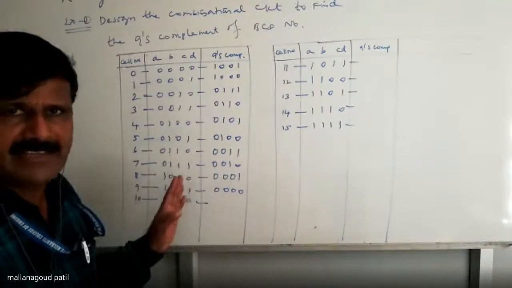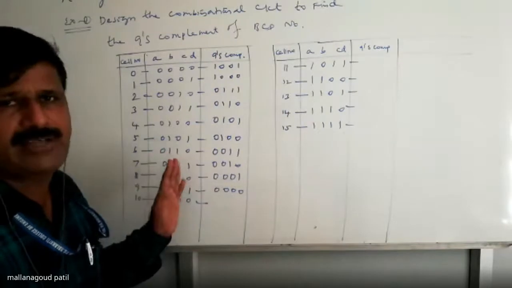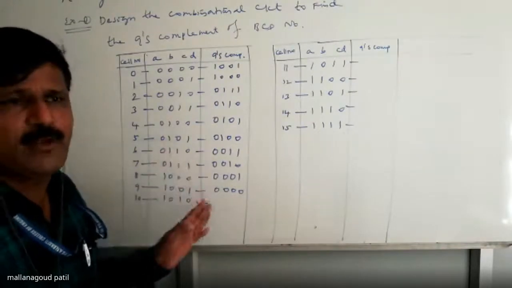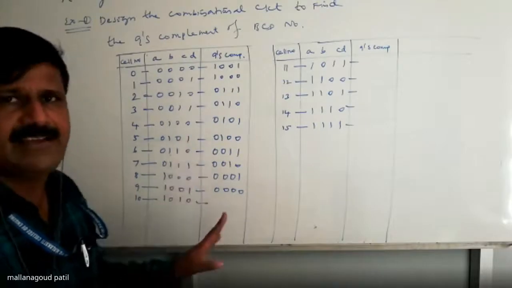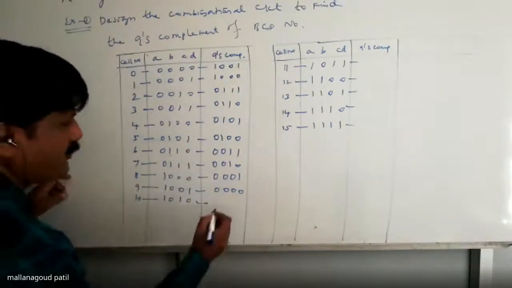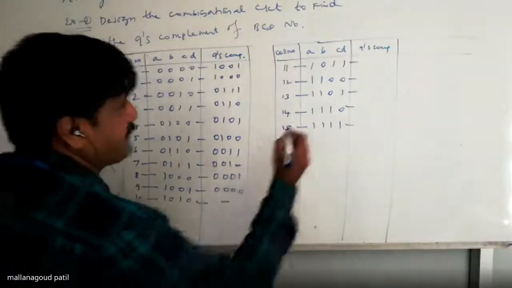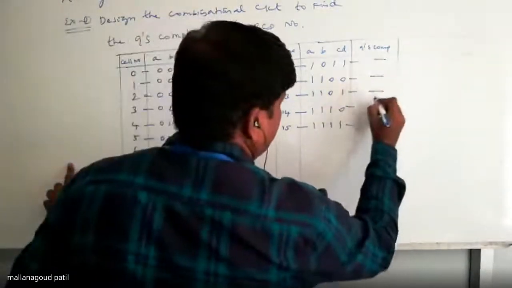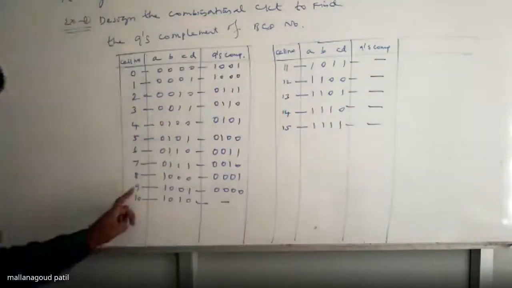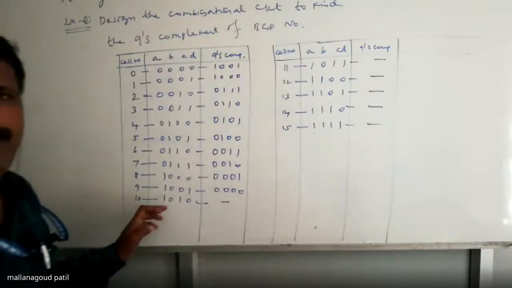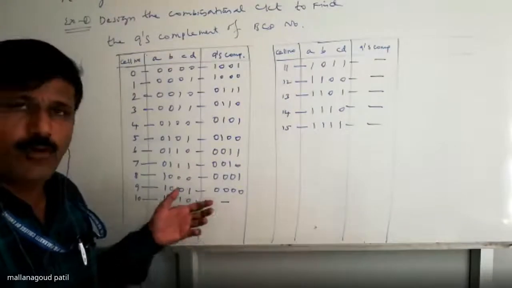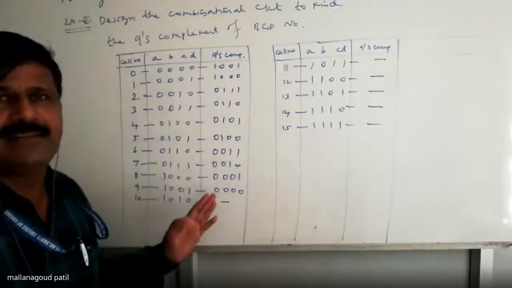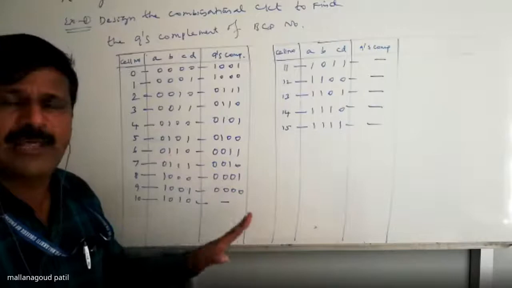The second digit, the fifth bit onwards, we won't consider. Therefore, we consider it as don't care. This is the don't care. From 10 onwards, the cell number will be a two-digit decimal equivalent. We can't represent that in 4 bits. That will exceed the 5th bit. We consider only the first